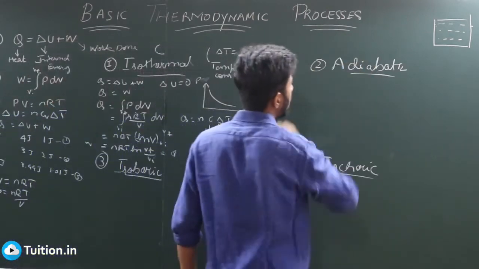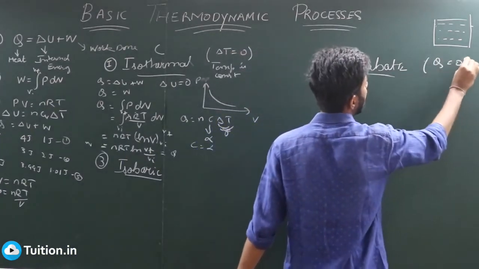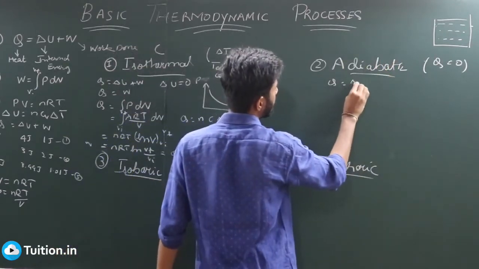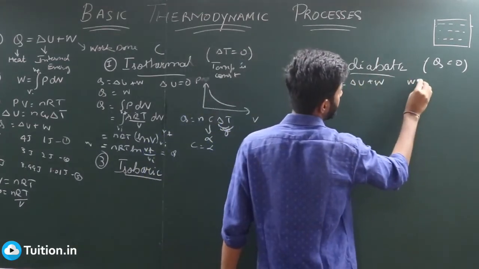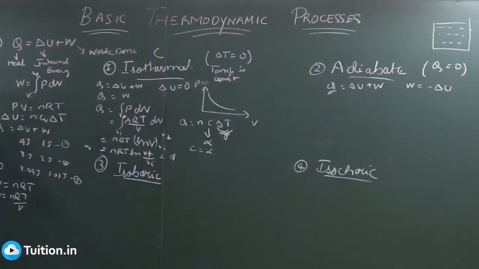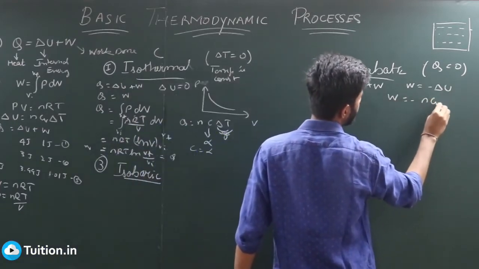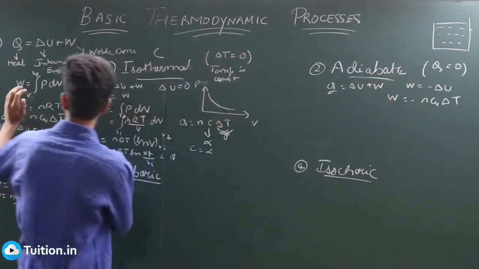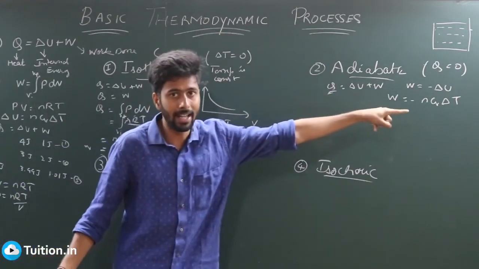Moving on to the next process, which is your adiabatic process. What is the characteristic of an adiabatic process? Q is 0. There is no heat exchange involved in the process. So Q = ΔU + W, and we know that Q is 0, so W is nothing but −ΔU. The formula for ΔU remains the same for every process, and that is nCVΔT. So W = −nCVΔT. That is the formula for work done. So I don't need to use the integral of P dV formula here. I can use that, but it's not required. I can use this formula directly to calculate.